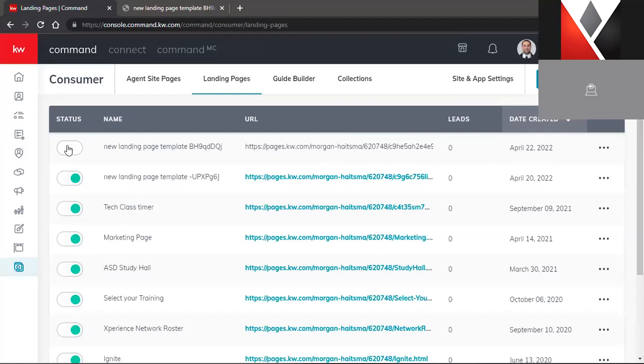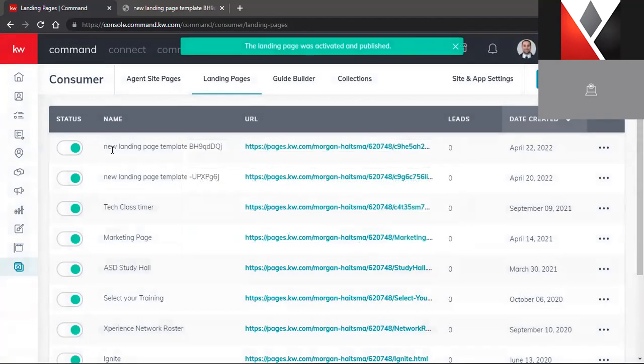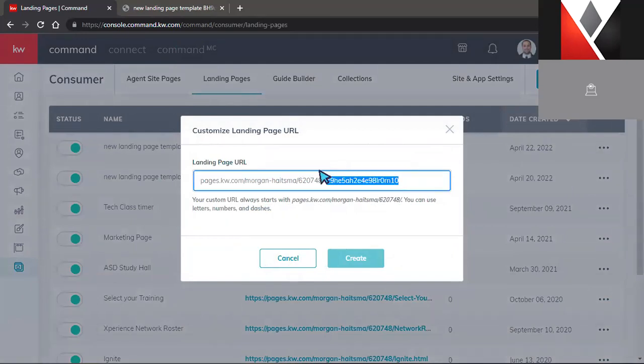And again, at any point in time, if you'd like to turn this landing page back on, say it's a holiday or seasonal landing page that you have, you can toggle that right here, which would be very similar to that deactivate. But one last thing right here, which is pretty cool, is you have a change URL section. Now, it may not change the whole entire URL, but it should at least change this last little bit of code for you. So we can change this to something a little bit nicer, like